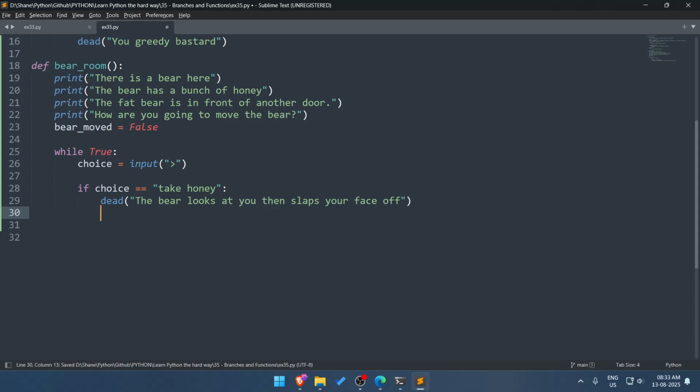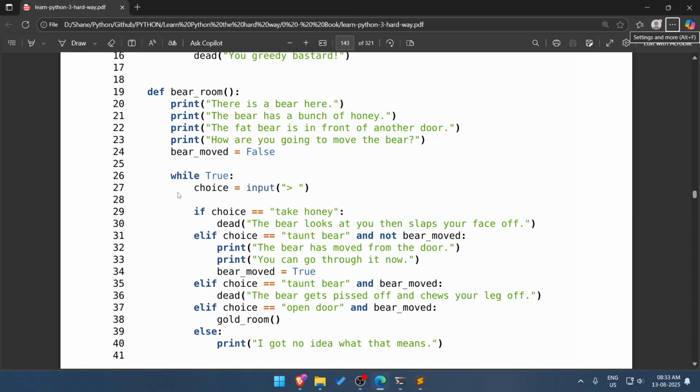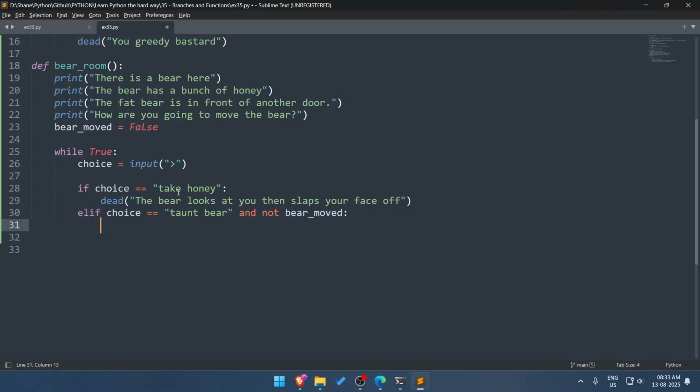And we have elif choice equals taunt bear and not bear moved. Then we print "The bear has moved from the door. You can go through it now."